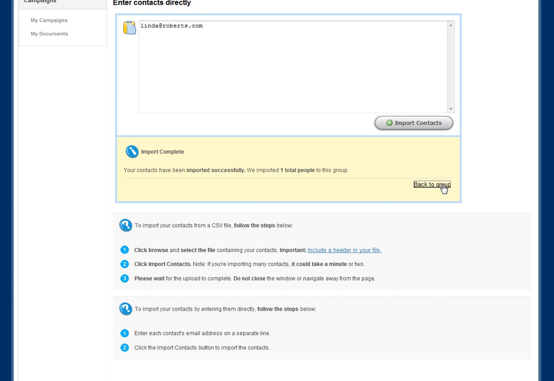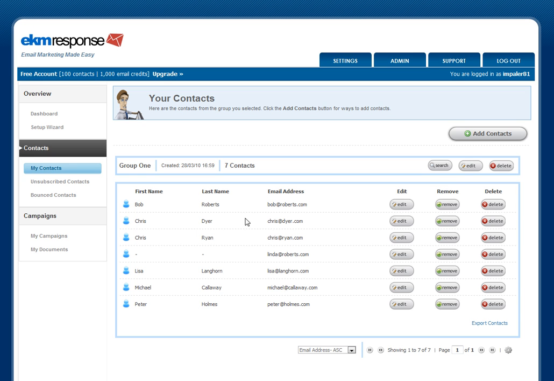If we click on Back to Group, we'll be able to see now that we've got a few contacts. We've got 7 now. Most of them are the people that we imported from the file. One was from the manual import, the single entry, and the other one, of course, from the manual entry in the beginning. So if we click on Add Contacts again,